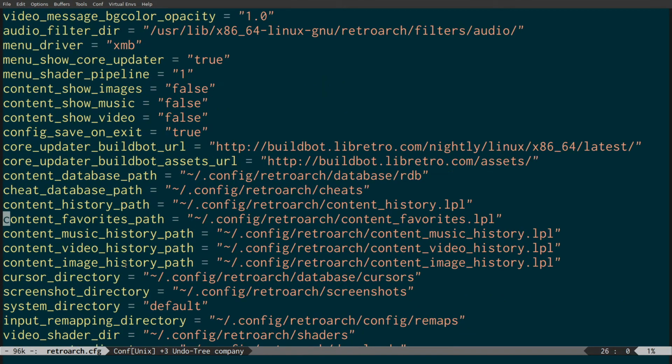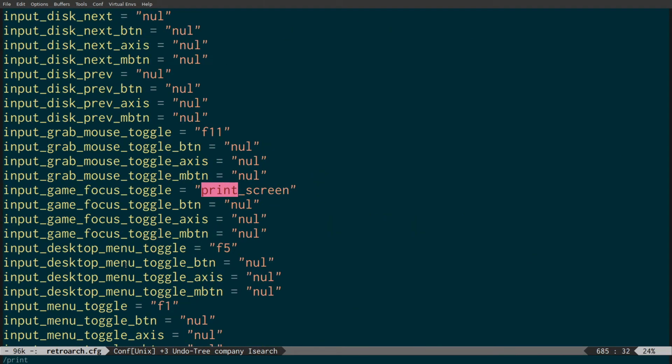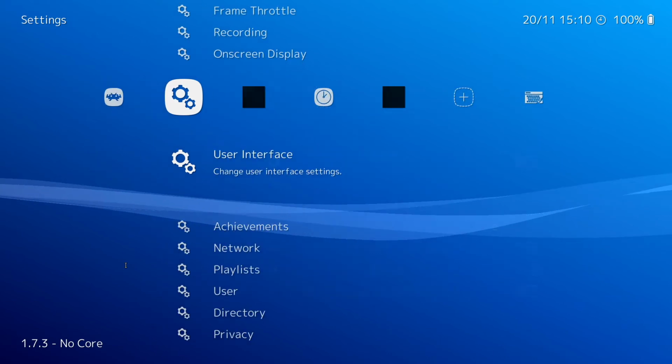Let me see. Print screen. Okay, so this is it. Input game focus toggle. So if you look through your configuration file, what you want to do is change this section to a shortcut key that is actually on your keyboard, because as I said, your keyboard may not have scroll lock. So what we're going to do is actually,